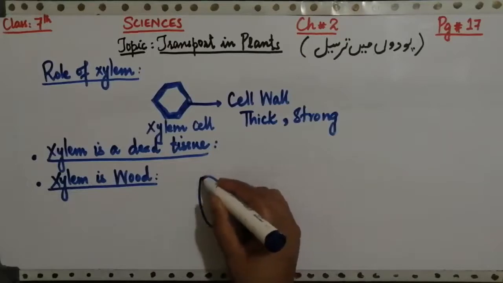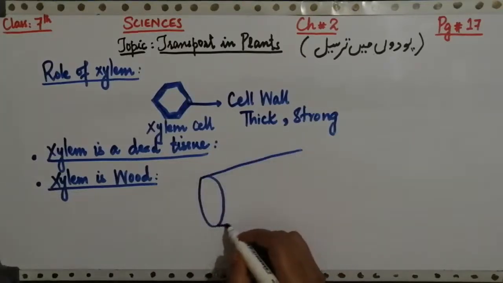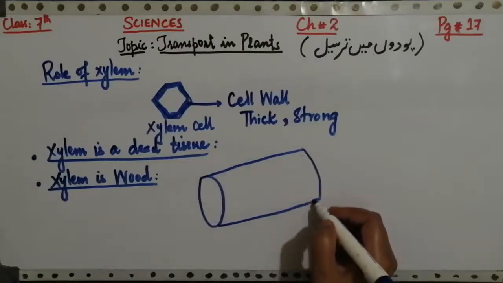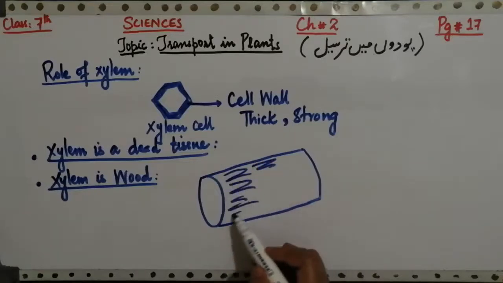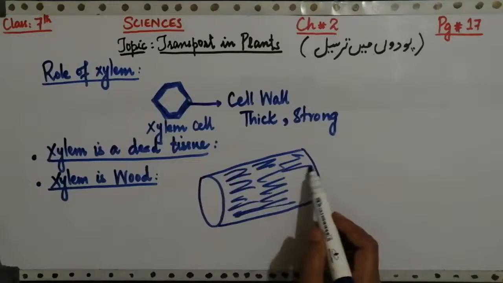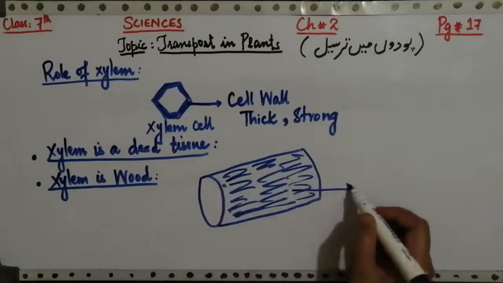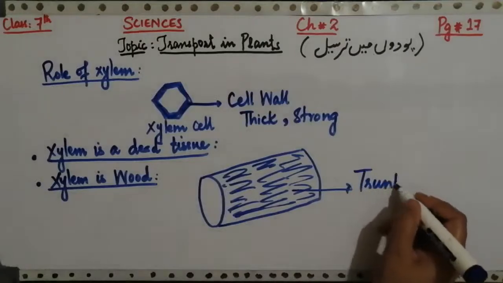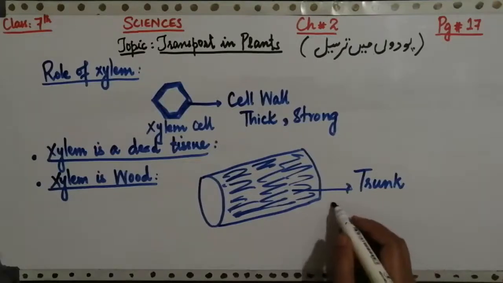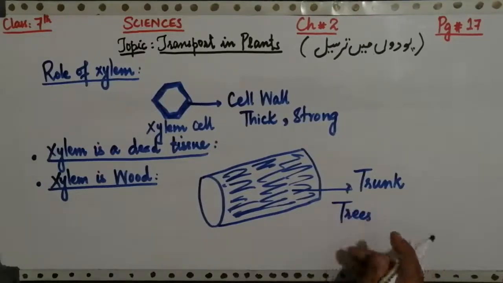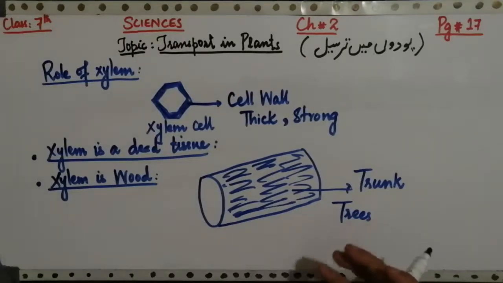तो किस तरीके से हम इसको बनाएंगे, हम इस तरीके से इसको ड्रॉ करेंगे। जैसे फॉर एग्ज़ाम्पल हमने एक लकड़ी या दरख्त का स्टेम देखा होगा, कुछ इस तरह से मैं छोटा सा पीस दरख्त का ले रही हूँ। उसमें ऊपर की साइड पे जो लकड़ी या बार्क आपको नज़र आती है, यानी ये ट्रंक है। xylem इसी ट्रंक को बनाने का ज़िम्मेदार है। सो बेसिकली जो आपकी वुड होती है, यानी आपके जो ट्रीज़ होते हैं, इन्हीं के अंदर न्यू xylem सेल्स हर साल रिंग की शक्ल में बन रहे होते हैं। और ये xylem बेसिकली एक वुड है, एक लकड़ी है।